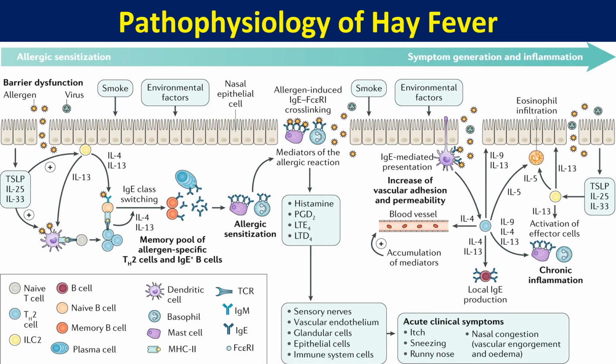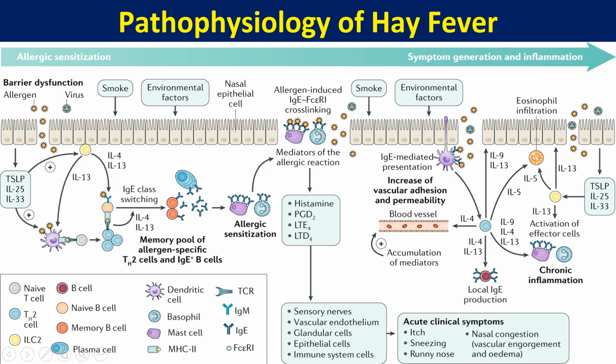If you are going to see the actual pathophysiology of hay fever, during the sensitization phase, we are going to start from this side. During the sensitization phase, allergens are taken up by the dendritic cells. Like you can see, this is the allergen. Whenever it comes to the nasal epithelial cells and is taken inside, these are the dendritic cells. So these allergens are going to be taken by the dendritic cells,